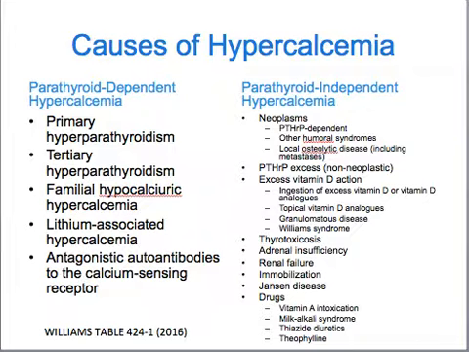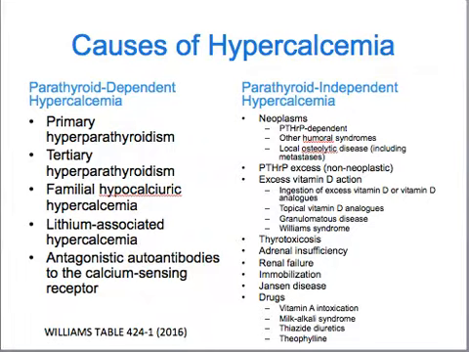What are the different causes of hypercalcemia? We can divide this into parathyroid-dependent hypercalcemia and parathyroid-independent hypercalcemia. In parathyroid-dependent hypercalcemia, you can have primary and tertiary hyperparathyroidism. You can also have familial hypocalciuric hypercalcemia, which we will discuss later, as well as lithium-associated hypercalcemia. But for your purposes, just focus on hyperparathyroidism. In parathyroid-independent hypercalcemia, these are the ones that are caused by your cancer, excess vitamin D, other endocrinopathies,